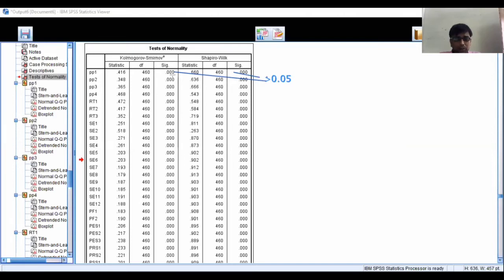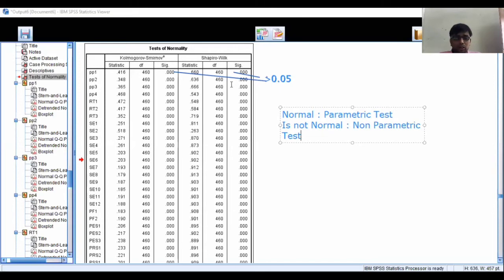If your data is normal, then we go for a parametric test, and if the data is not normal, then we go for a non-parametric test. We will discuss all these tests in detail in upcoming lectures.